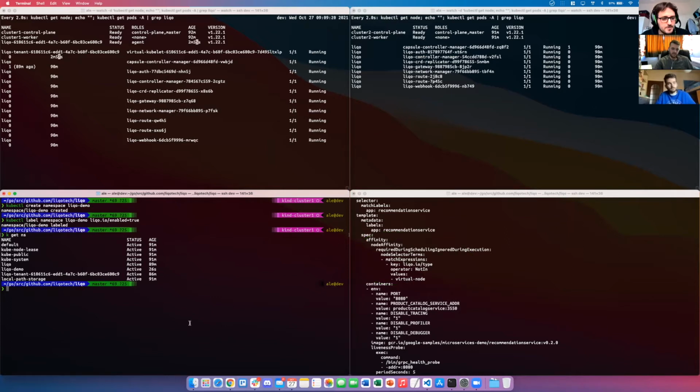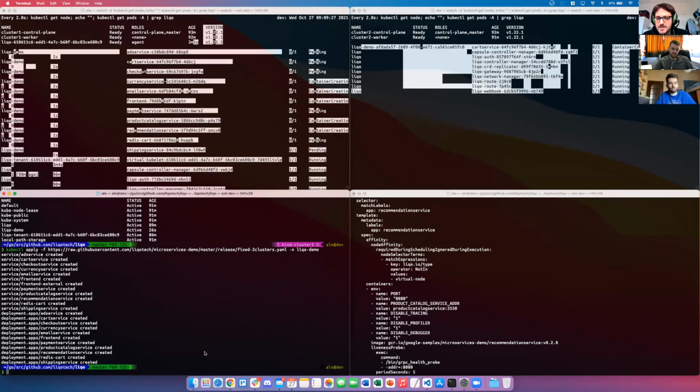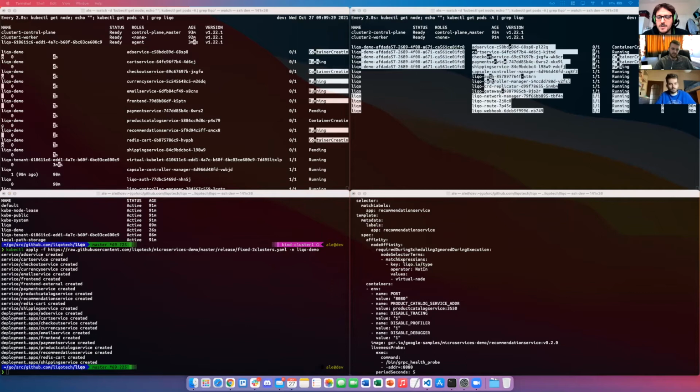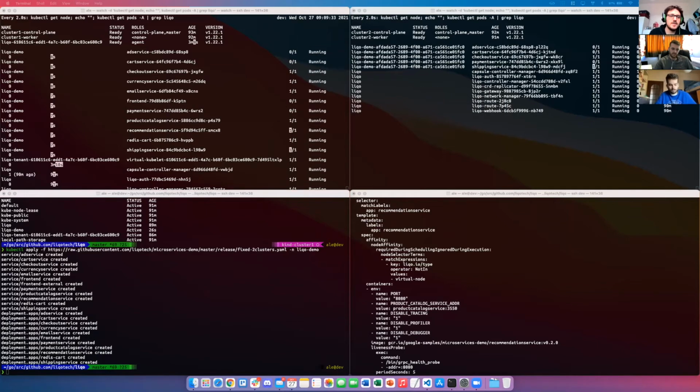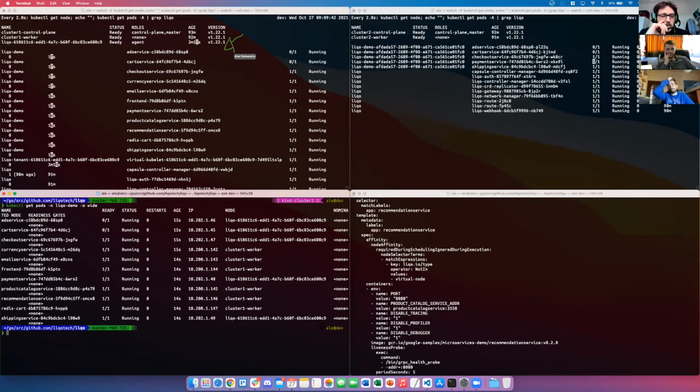So let's go ahead and apply this YAML file, which, as we saw, is just plain deployments, plain Kubernetes objects, and we see that in reality we have this split of the application. The Kubernetes scheduler now considers this node, without modification. So it's the vanilla Kubernetes scheduler, and it puts half of the application on the remote cluster, so on the virtual node, and half on the local cluster. Pretty simple.